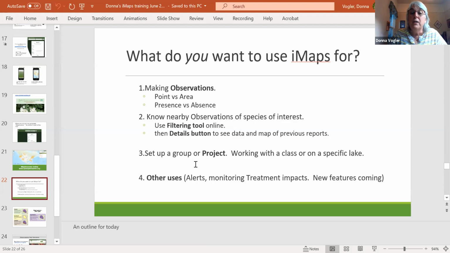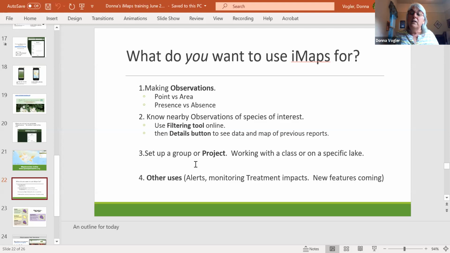I just want to mention, I'm not going to explain setting up a project, but if you're working with a larger group, sometimes you may want to use the project to house all of the data from a number of different people on one thing. So as an example, I'm a college professor. I had a bunch of my students in plant ecology. How many were there? 15, 18 students. Each of them were adding points on iMaps for our campus.